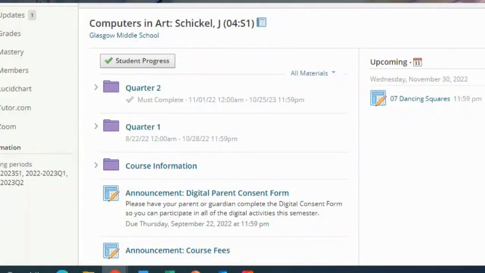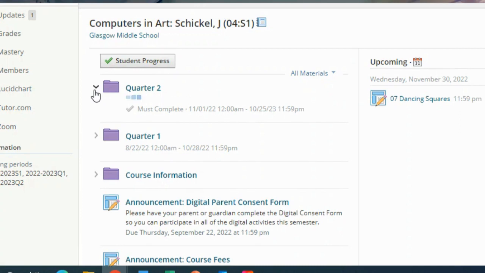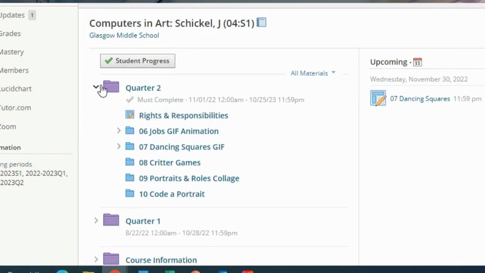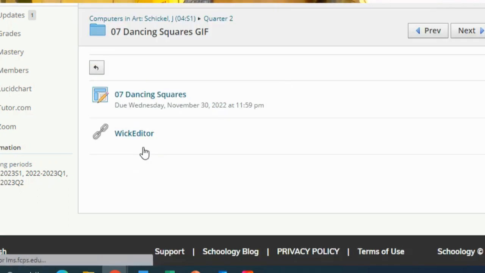All right, artists, we are going to start our GIF animation with the Wick Editor. So we're going to go in Schoology to quarter 2. You're going to go to the Dancing Squares folder, and in there is a copy of the assignment, and you should see a link to the Wick Editor. You're going to click on Wick Editor,